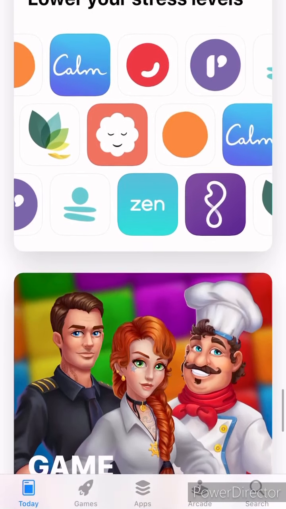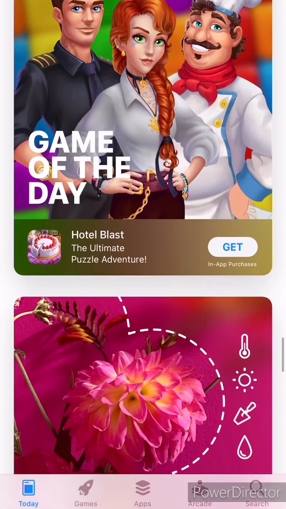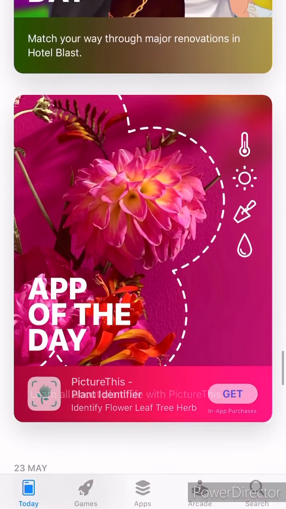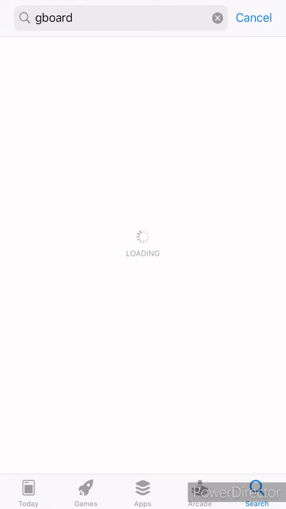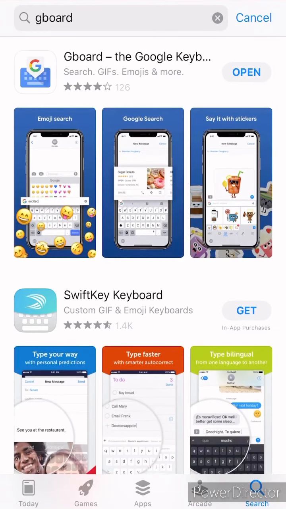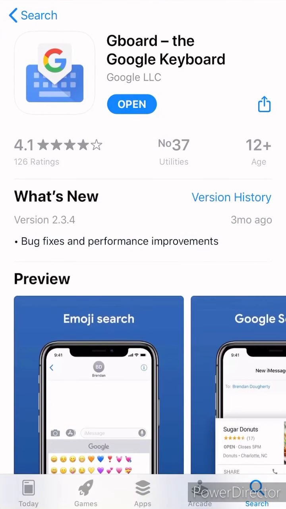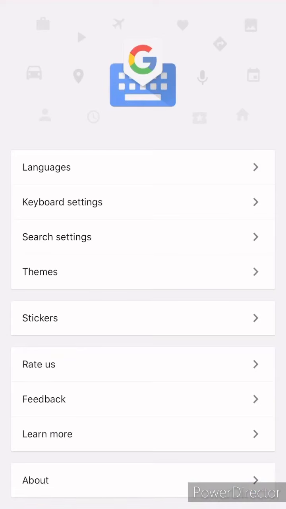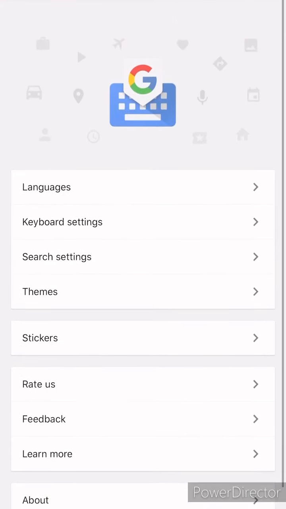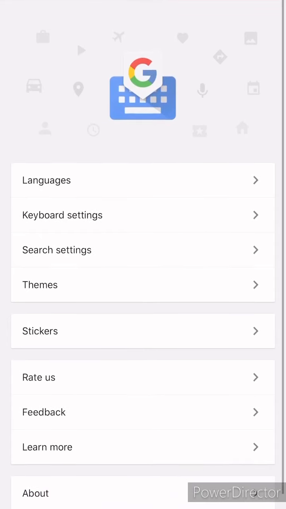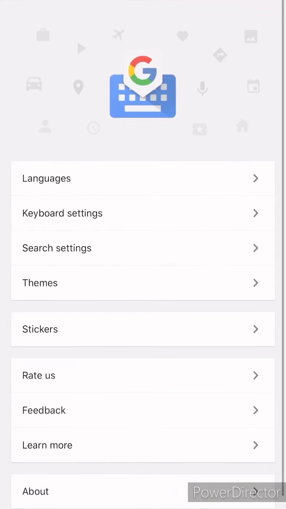So the first thing is to go to your app store for the iPhone users or go to the Play Store for the Android users to download the app. So let's say I have downloaded the app already. The first thing I will do is to click on open and then it takes me to the apps page. Then I click on setup. You have to set up because you are using the default keyboard and you have to change it to the Google keyboard. But as you can see, the setup option didn't appear for me